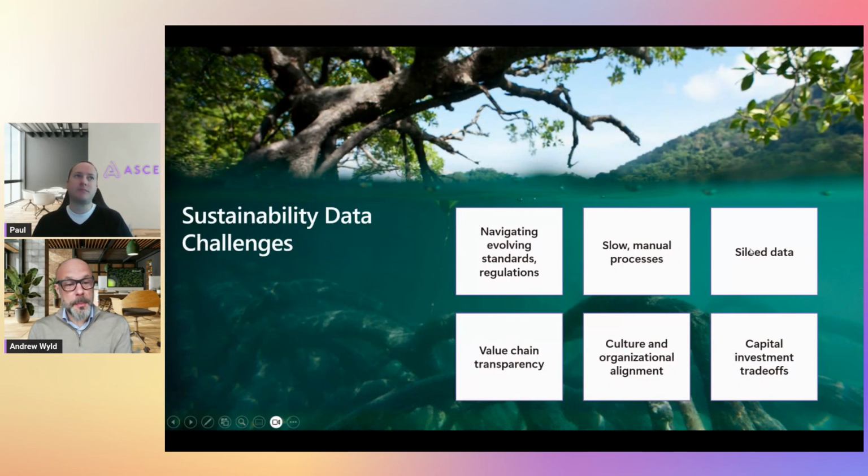And when we think about some of the challenges, and I've been in ERP for a very, very long time, probably most of my working career, it's quite interesting because the challenges we saw back in the day with ERP and still see today are very similar to the data challenges that we see in ESG. So again, it adds credence to that notion. It is all about the carbon accounting.